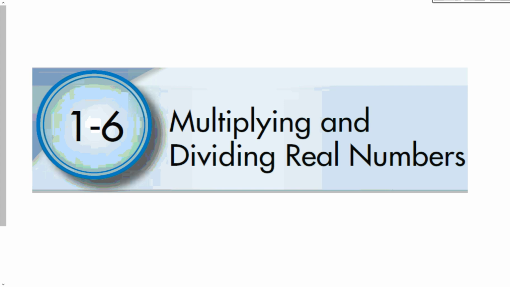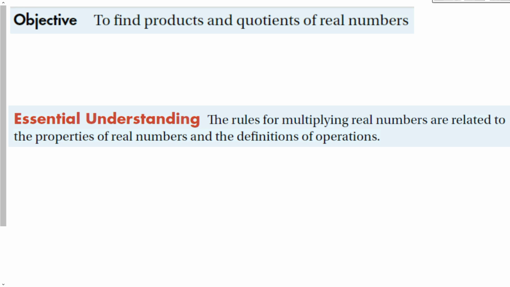1-6, multiplying and dividing real numbers. So our objective for this lesson is to find products and quotients of real numbers. Our essential understanding is that the rules for multiplying real numbers are related to the properties of real numbers and